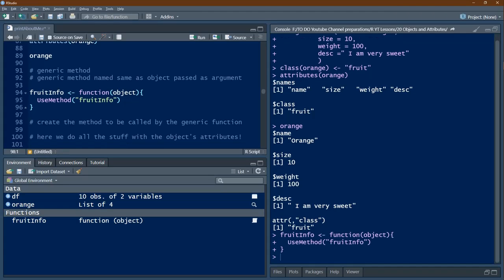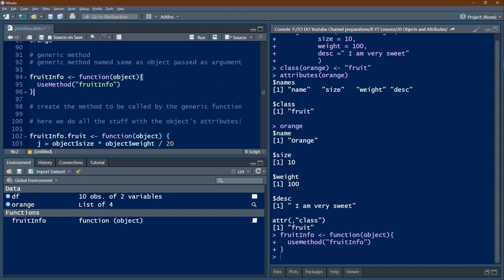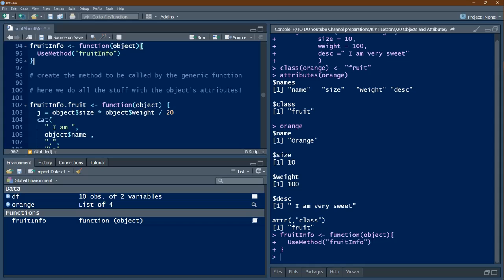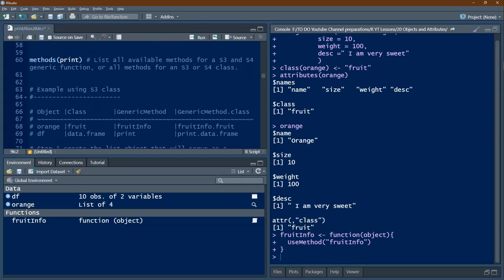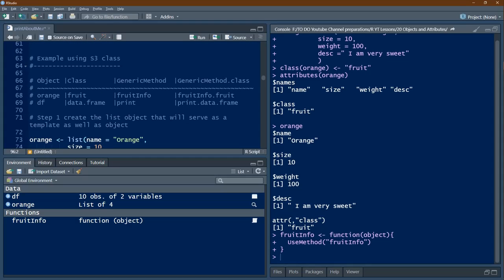So the generic method has been created. Now, when the generic method gets the fruit object, what should it do? It should call the fruitinfo.fruit function, just like we have seen here. If a df is passed, df is having a class of data frame, so the data frame function is to be called.